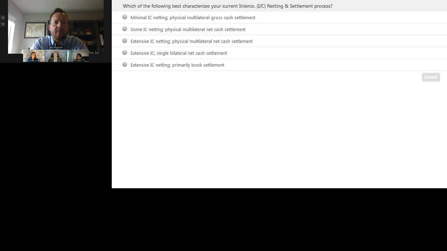And there are some of them where, yes, I would love it if we could settle everything with a non-cash transaction through our in-house bank, but there are some where we do need to physically cash settle. Like many of you, the corporates out there, there are markets where you physically have to cash settle. And at least by having an in-house bank, you're able to wire on behalf of a particular legal entity versus having a significant amount of wires going around.